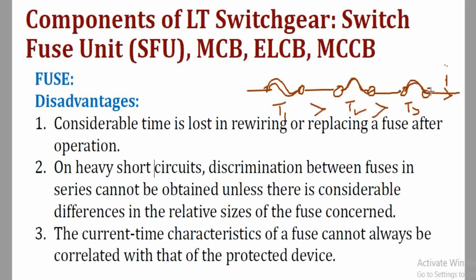So whenever there is a high current flow, the first fuse that will blow is T3, because the wire has a small size and it will blow out first. Okay, so based on the sizes of the fuse element, we are going to discriminate the fuses whenever there is a high short circuit. Until there is a short circuit, we cannot discriminate between fuses here which are connected in series. Okay, the current time characteristics of a fuse cannot always be correlated with that of